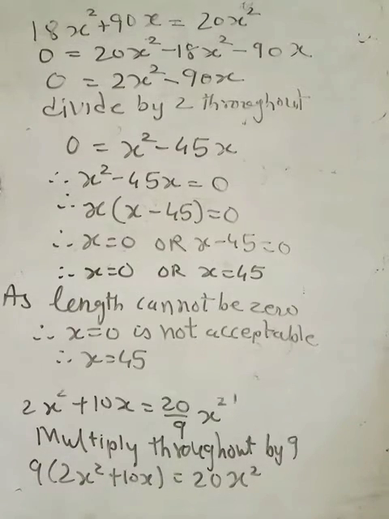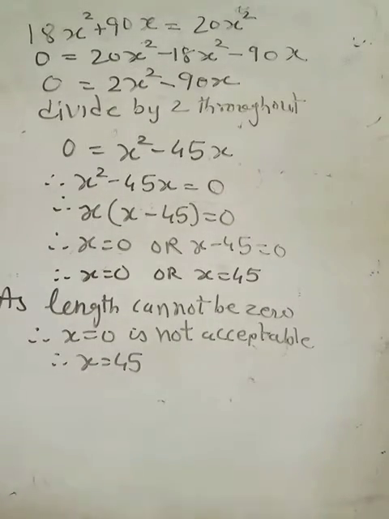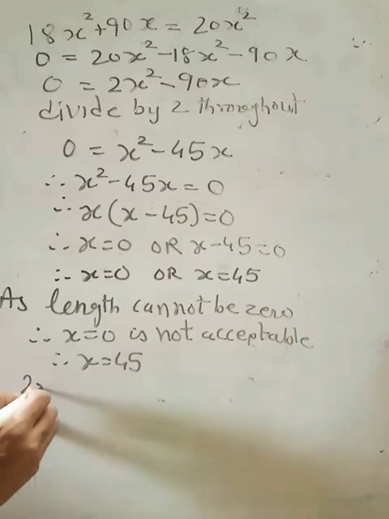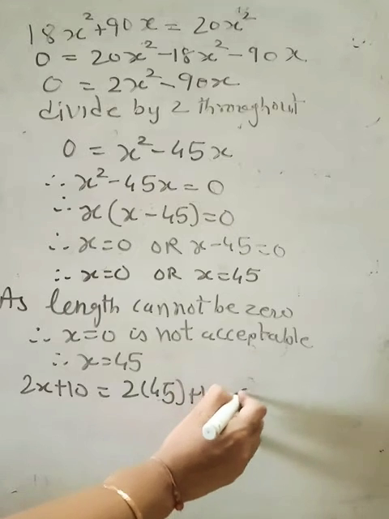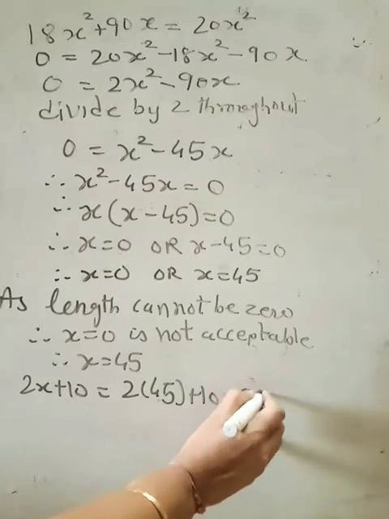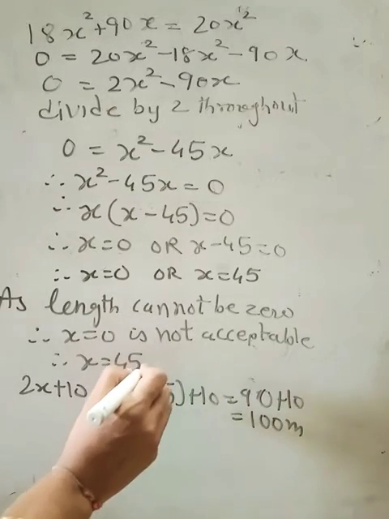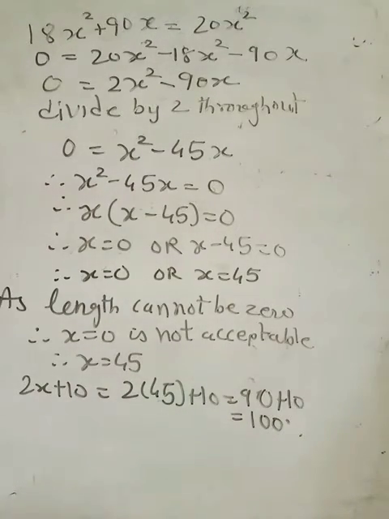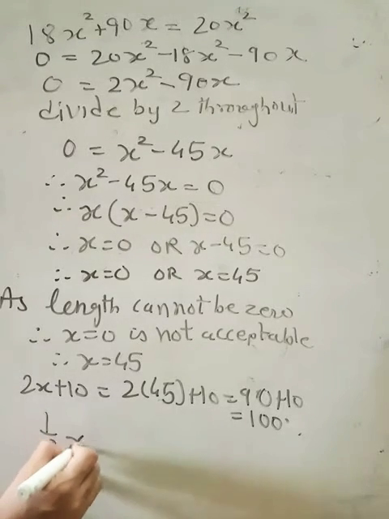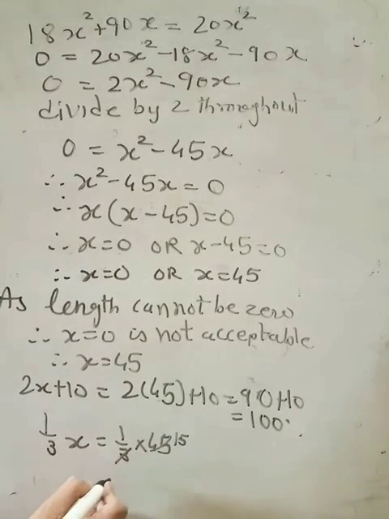So we have got the breadth, children. Now we will find out the length also and then the side of the square also, isn't it? So let us find out. 2x plus 10 will be 2 into 45 plus 10. So this is 90. 90 plus 10, which is 100 meters. Right? We will write meters later, just do this much. Sir, just calculate the things. And 1/3 of x is equal to 1/3 of 45. Divide 45 by 3, 15 will come. So that is 15. So what will be your answer?